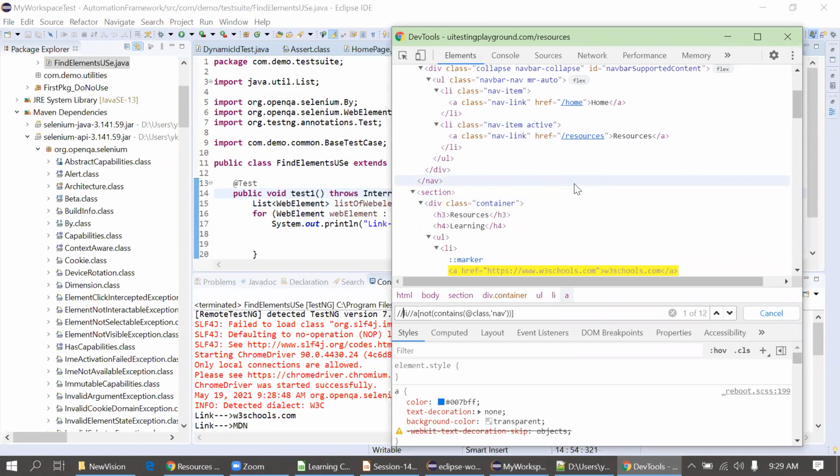Suppose you are clicking on one radio button, it gets the class name active, and for the ones not selected we will not have this active. There is a different way of designing the development pattern, so it depends on the developer. Based on how the developer is developing, we have to create our locators. There is no global practice. We just observe this DOM structure, and based on that we write the locator.